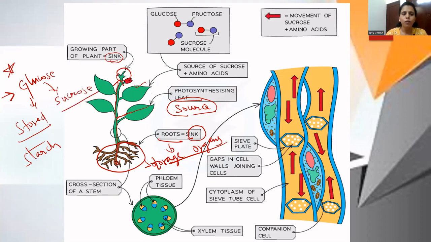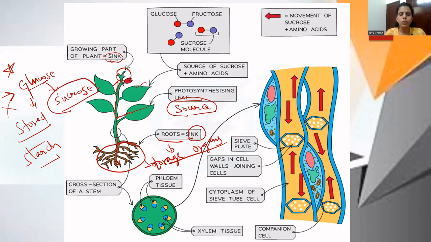So remember, phloem tissues always help in translocation of sucrose and amino acids, okay? If you write that phloem tissue helps in conduction of sugar, marks will be awarded to you. But if you write that phloem tissues help in conduction of glucose or starch, you will get 0 marks. No marks will be awarded for that particular question. So remember, you have to write down